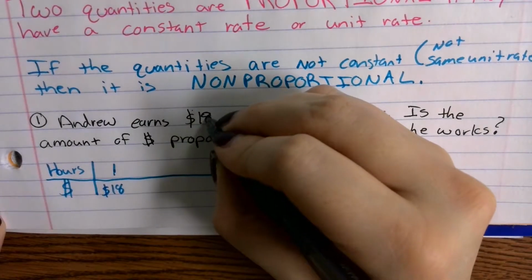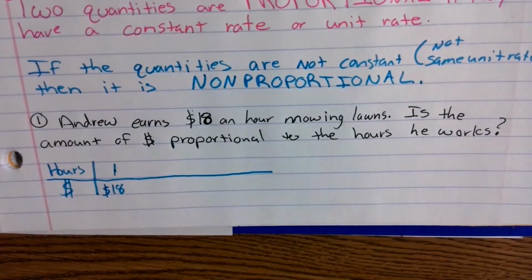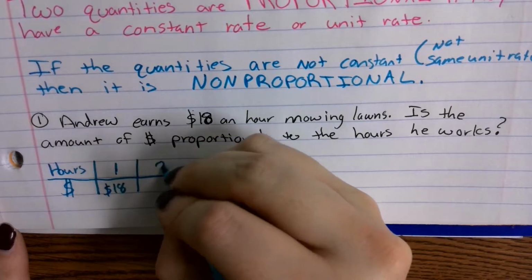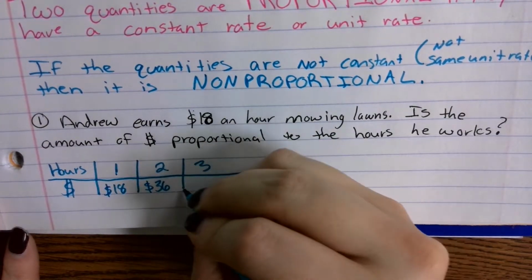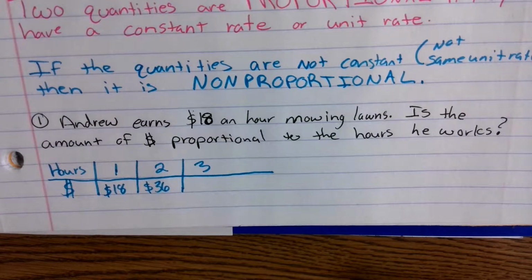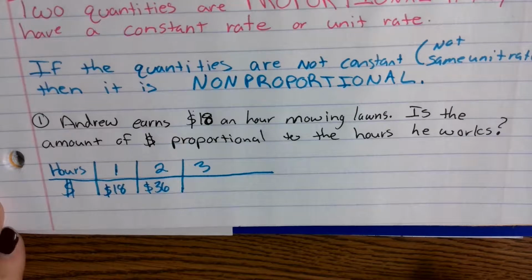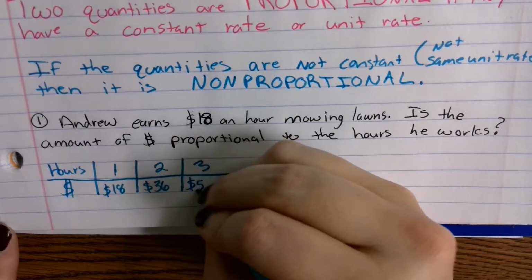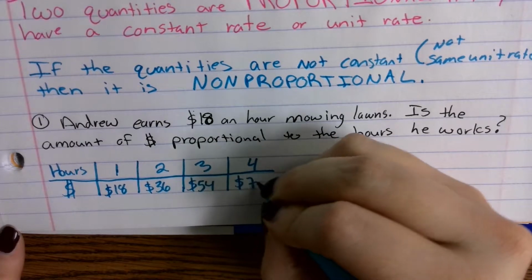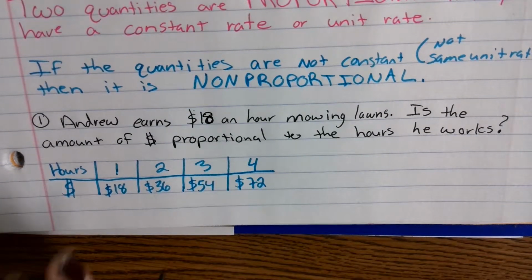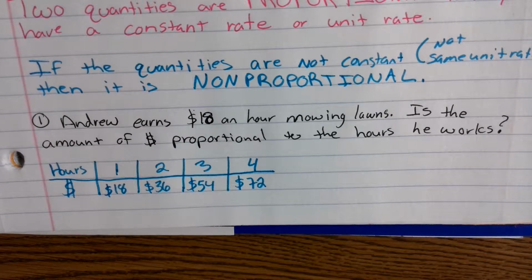If he were to work 2 hours, how much money would he make? $36. If he works 3 hours, how much? $54. Good. What about 4 hours? $72. Okay, so we want to make a table that's consisting of several points of data, and then we want